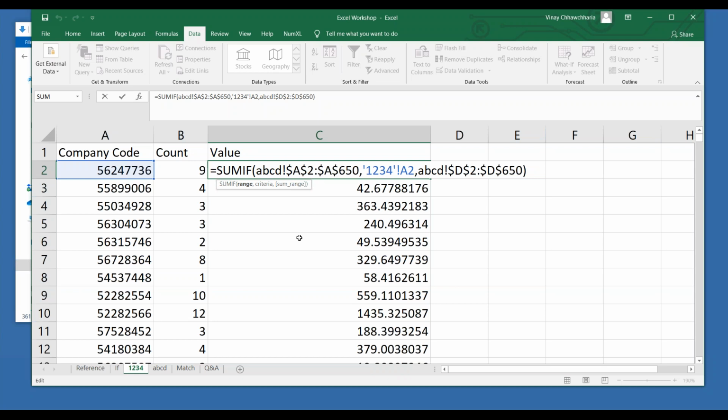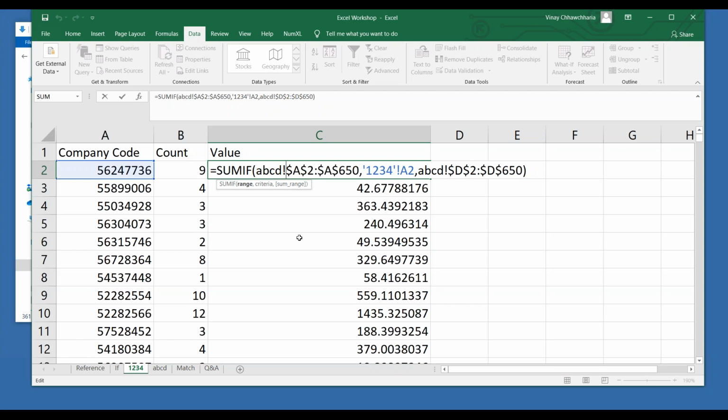So here we are trying to find the number of times a company name is appearing. Also, we are trying to see how much total loan has been given to that company. So there is a big difference between SUMIF and COUNTIF. In COUNTIF, it is giving you how many times a particular thing is appearing in the list.